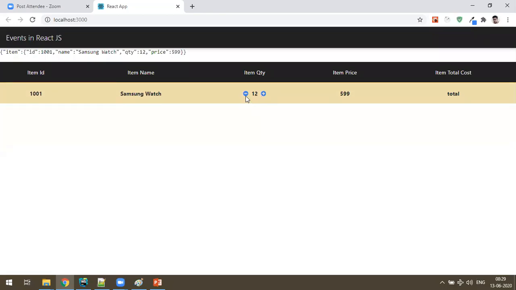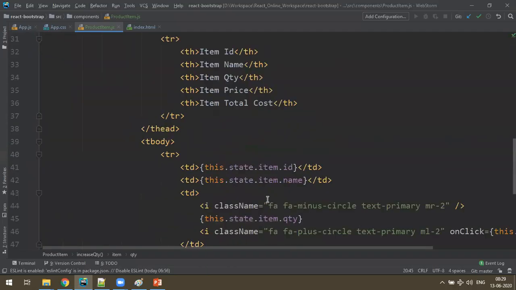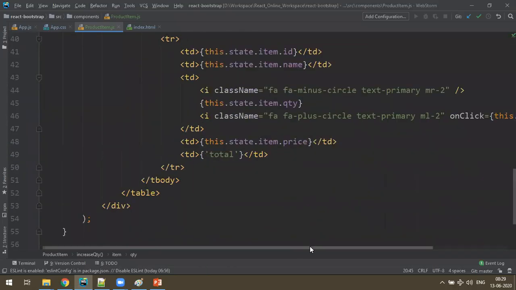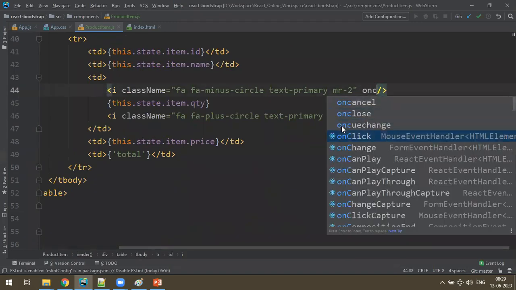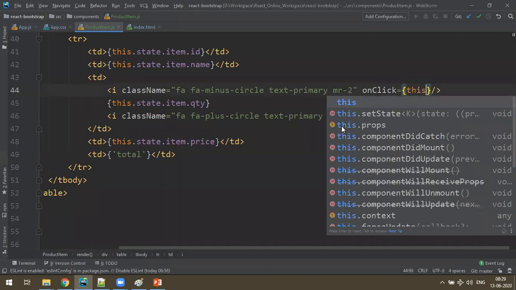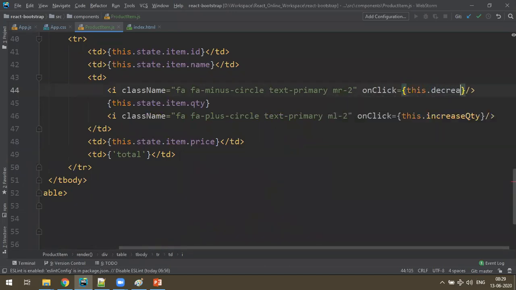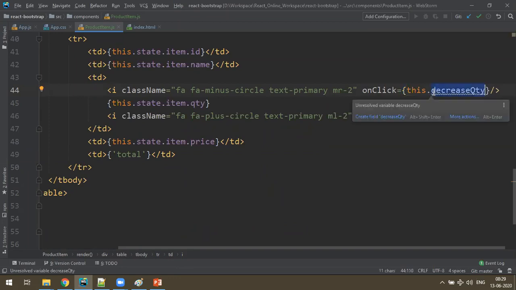Now let's make the minus. If I click on minus, I want to reduce. So for reduce, you have to make a click event on this one. So just say onClick, this.decreaseQuantity. Okay, so let's create this function now.